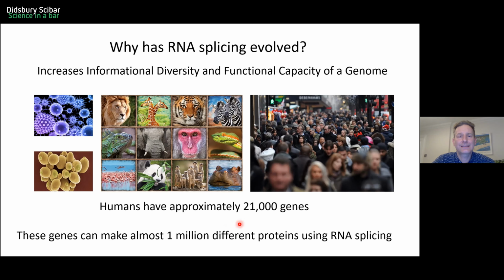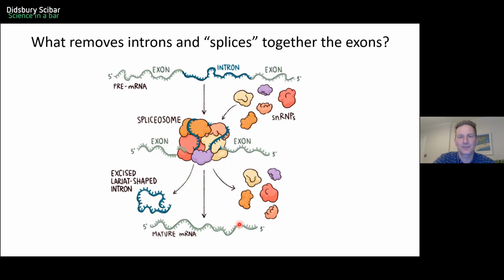Okay, so what actually carries out this splicing? What actually removes the introns and splices the exons together? Here, what's shown is an exon, an intron, and an exon. This is a very simple gene with just 2 exons and an intron. Now the intron needs to be removed precisely. You have to have machinery that cuts exactly here and exactly there to remove that intron and put the 2 exons together so the information that they have makes sense. Any mistake in that is going to be detrimental.